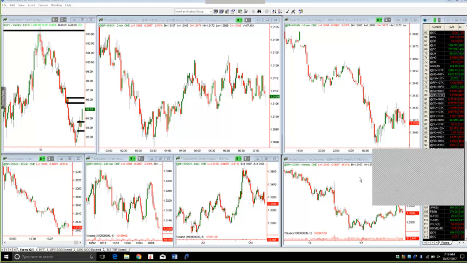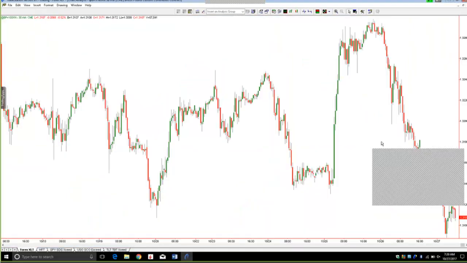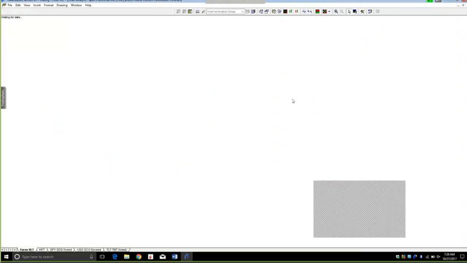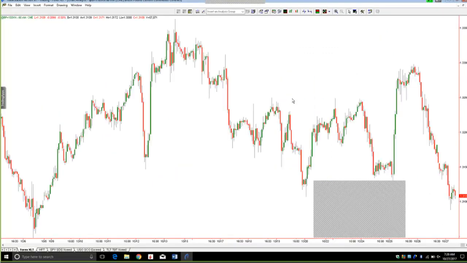Looking at the pound here, there's not a whole lot to look at. There was a little area here. Let me make this a 60-minute chart. I'll clean things up for you a little bit. So again, this is going to be very similar to the euro that we just looked at. If you get a rally out of this level, the only area on the chart that we'd be really interested in